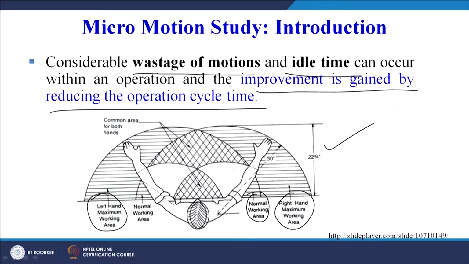This is as per my personal perception, because the maximum working area and minimum working area are found out by taking maybe shoulder and elbow as the pivot. For maximum, you can see the shoulder may be taken as a pivot, and for a minimum working area the elbow may be taken as a pivot point. So this may vary because the anthropometric data will vary across the world. So that is maybe one important piece of information that can be used when we are doing the micro motion study in the direct way or the indirect way.